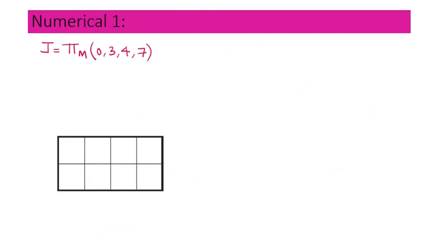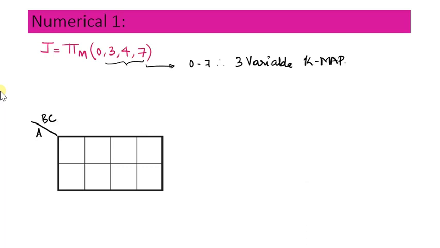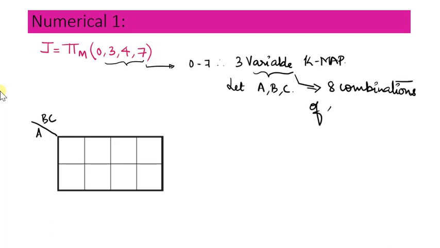Coming to the first numerical, we have f is equal to pi M 0, 3, 4 and 7. From the shorthand decimal notations that are given, it's very much clear that this is a 3 variable Karnaugh map, and we will be having a total of 8 combinations for the input. So these 3 variables, let me consider them to be A, B, C,